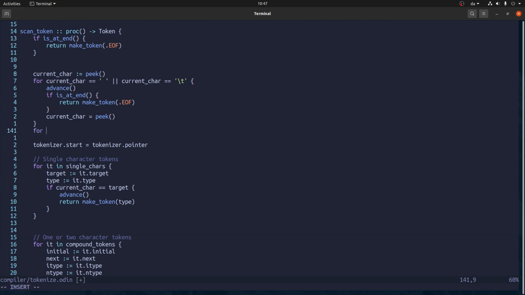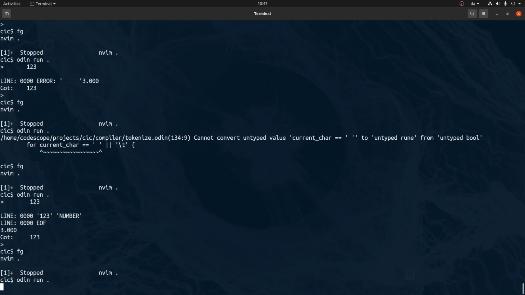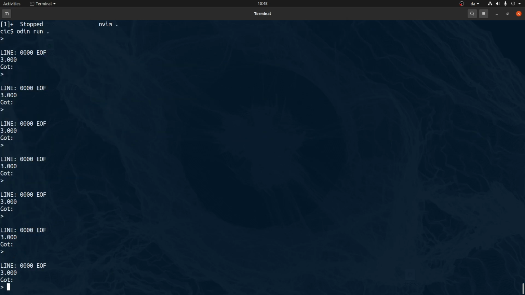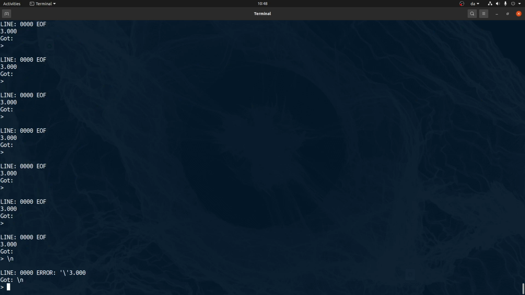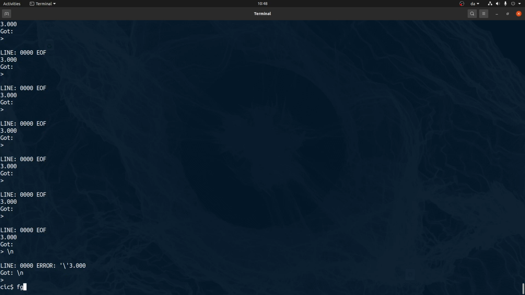So that's that. What if we have empty lines? So we cannot really test that now, because if we press enter, it's just end of file.